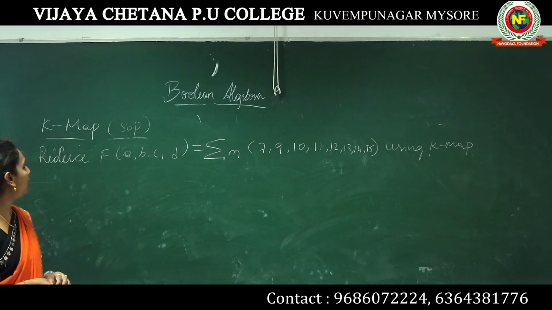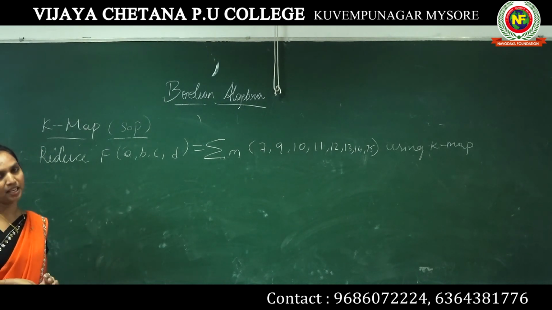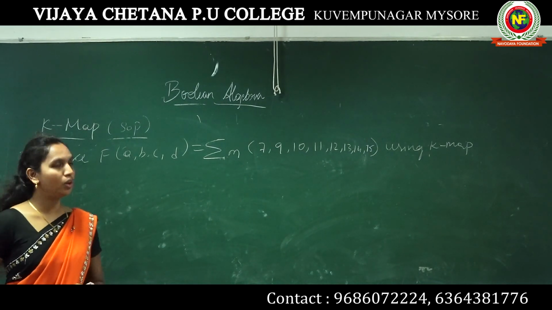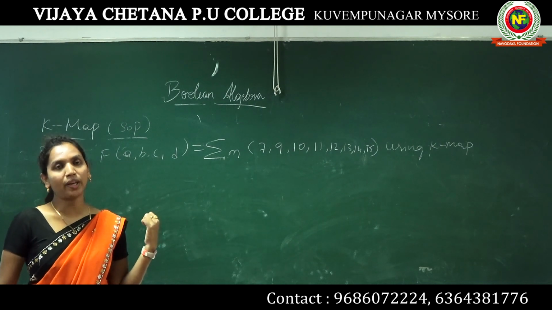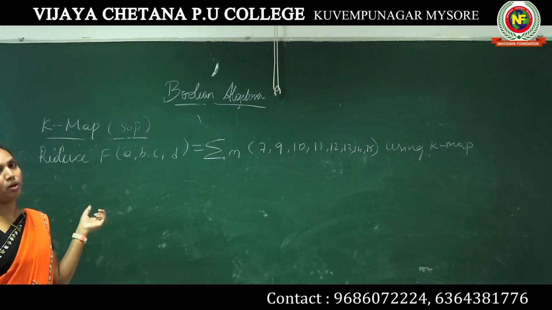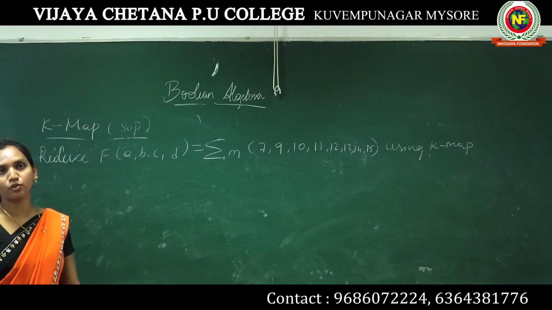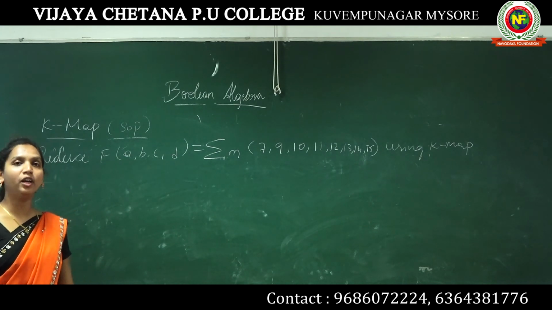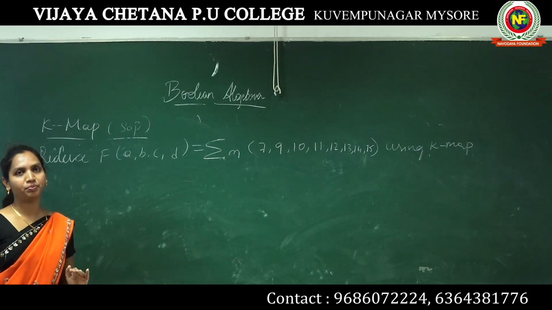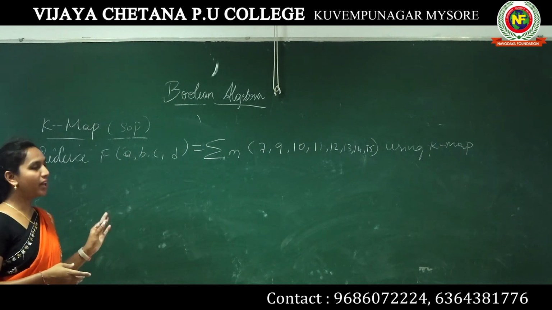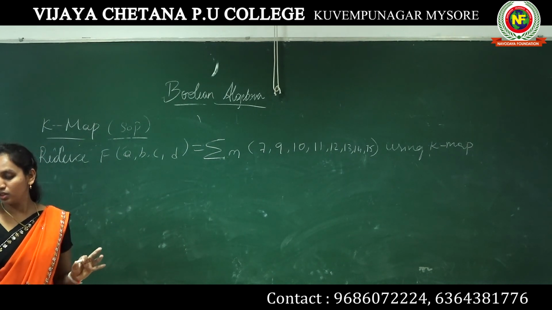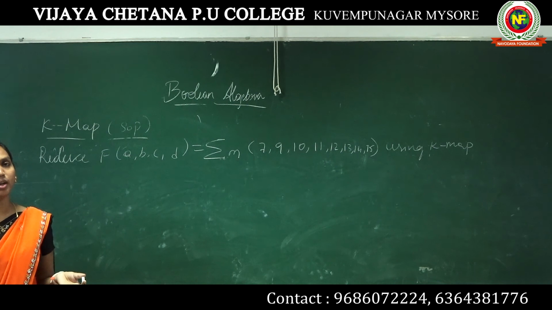So I will continue with this problem in the next class. Even though I will do 2 or more problems under this topic, again I will do this problem in the topic of POS form. Okay, that will be the end of this chapter. Okay, so this is very easy. Don't worry about this. If you learn this, you will get the 5 marks easily.